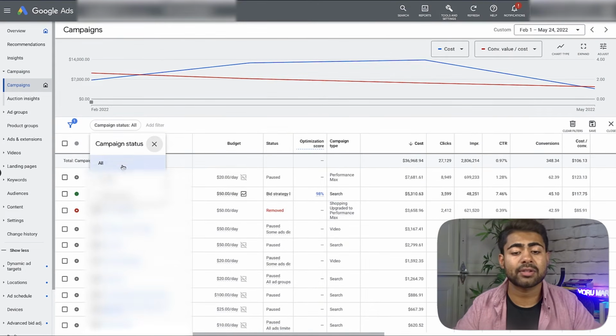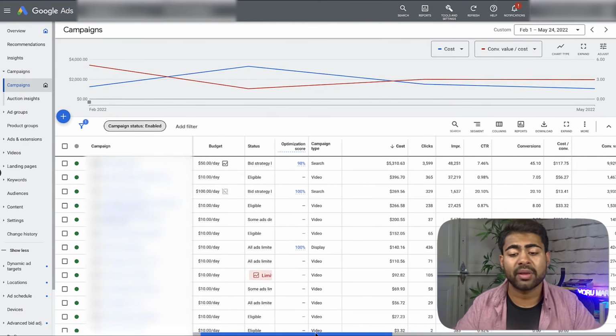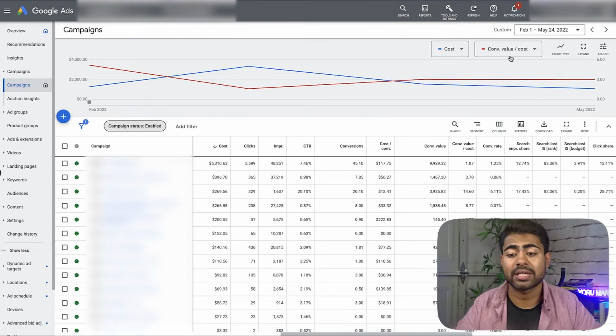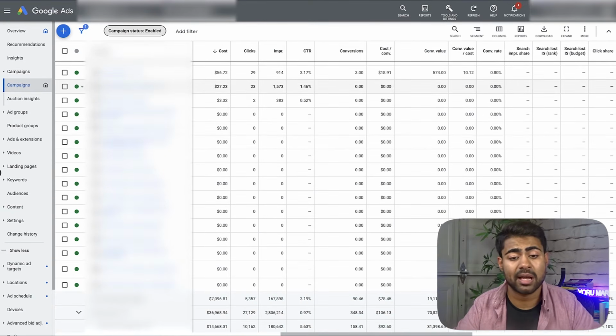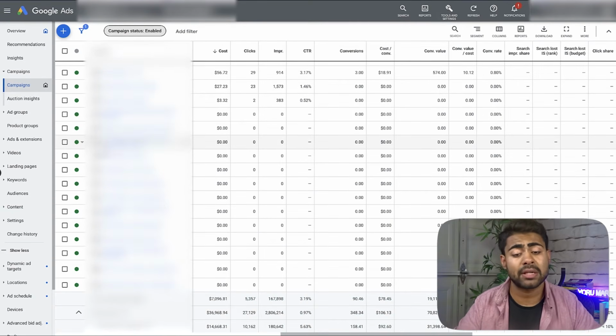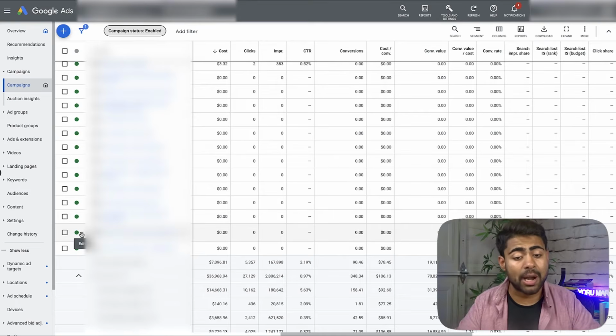And then once I get a general idea of what campaigns were running based on this time period, I like to look at only those enabled campaigns to see what is performing the best right now. And by the way, I like to change the time period to just the last 30 days. So right now we see no more shopping campaigns are running that are currently enabled, because it's a lot of YouTube campaigns, which is a very interesting thing for this ad account. That tells me right away that there is potential for this brand to grow with shopping campaigns